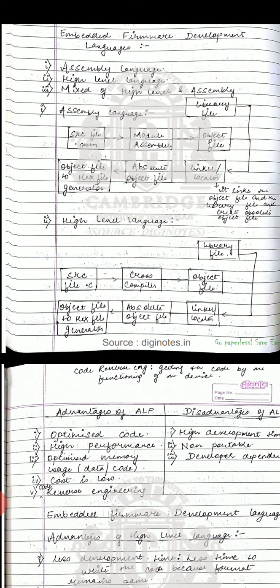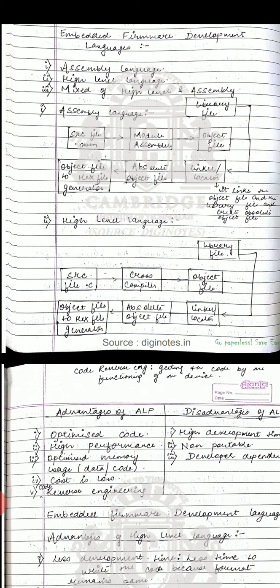The block diagram shows the assembly level language tool, and there are various blocks, and each block does a particular operation. The first block is the source file, which contains the program instructions in a human readable text form. The source file can be read by humans, and its extension is .asm. The second block is the module assembler.